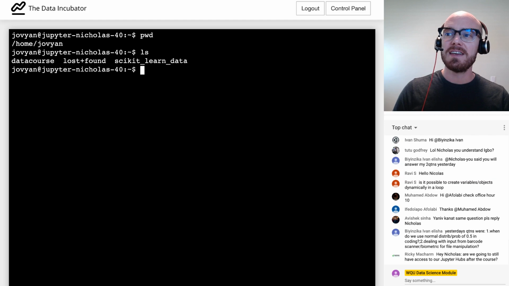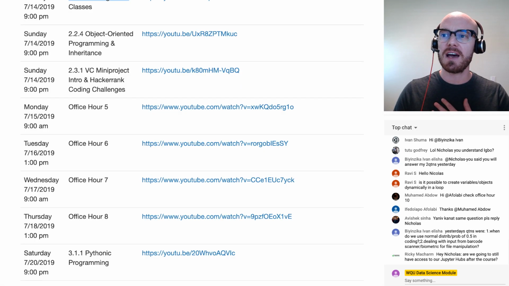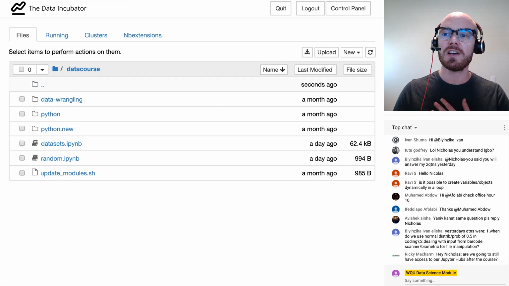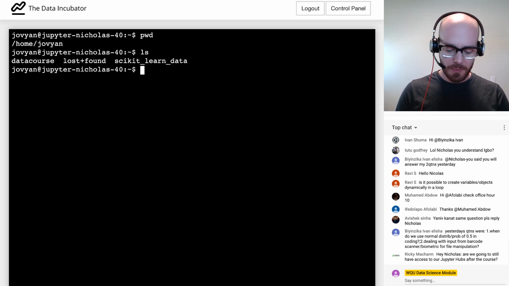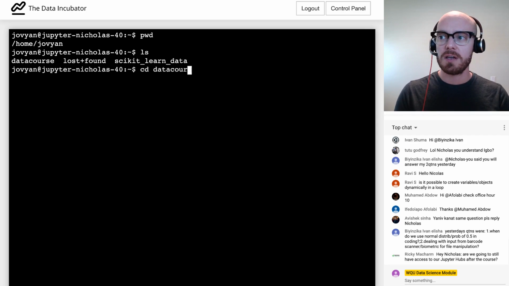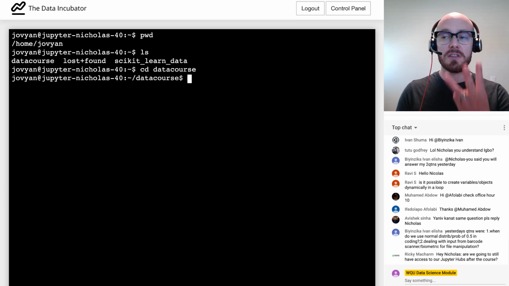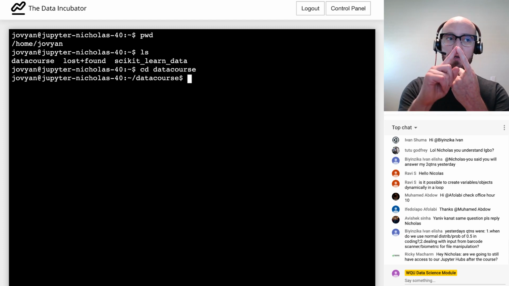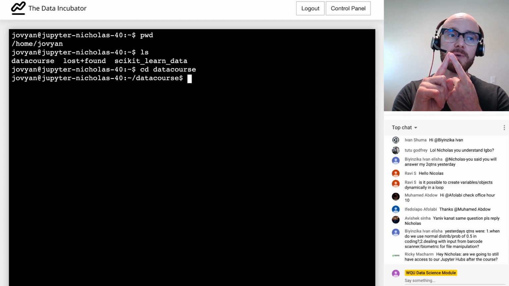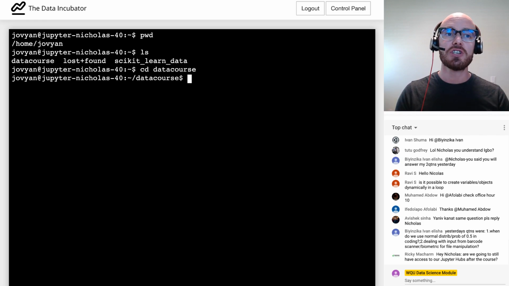All right. So I see that I have 3 folders in here after I did the ls command, and I'm interested in going into the data course folder. So I'm going to go cd for change directory, data course, and you can see that we've used 3 commands so far: pwd for present working directory, ls for list, and cd for change directory.